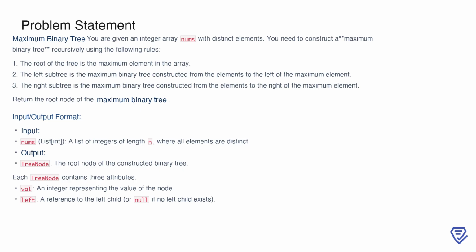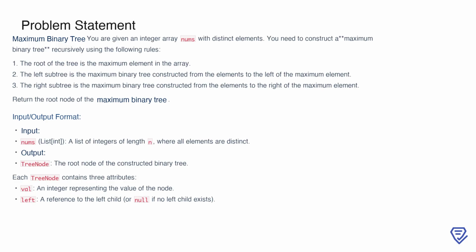Welcome! In this session, we're diving into problem number 654, titled Maximum Binary Tree. We'll explore the problem, break it down step by step, and analyze different approaches to find an efficient solution. Let's get started. In this problem, the goal is to construct a maximum binary tree using a given array of